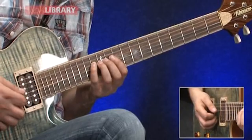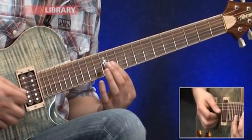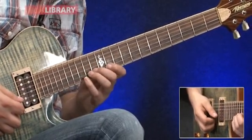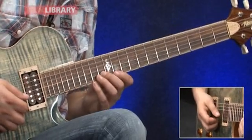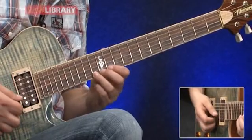Slide up to the 13th fret and then bar across G and B11. Play G first, then B. Then hammer onto 15 with the little finger, pull off to 13. Move to the E string, the high E at the 11th fret with the 1st finger and hammer onto 13. So,